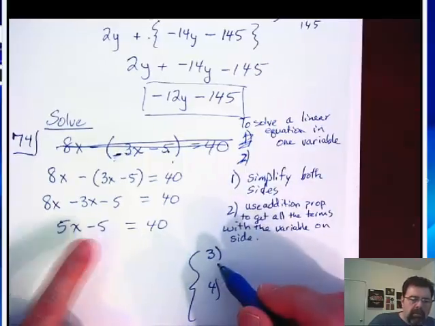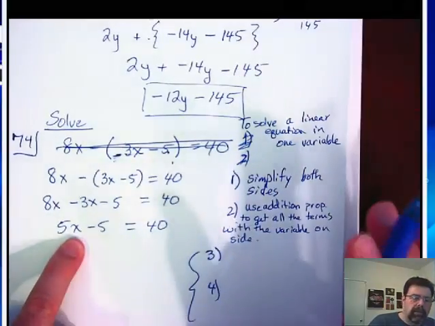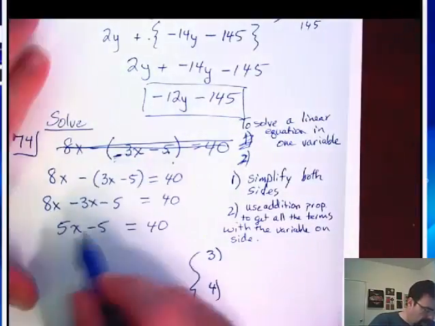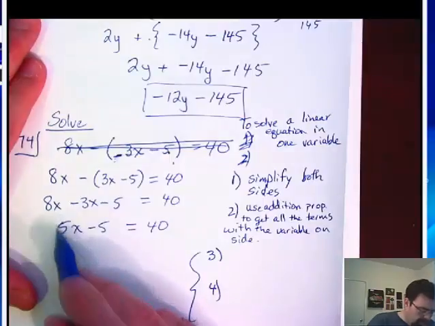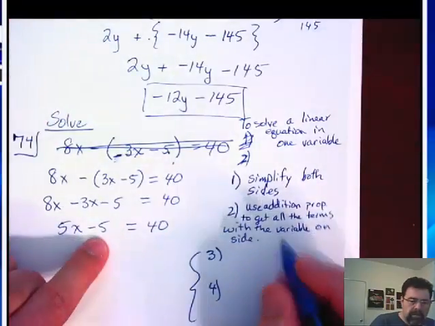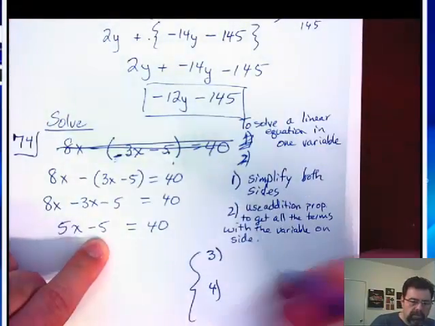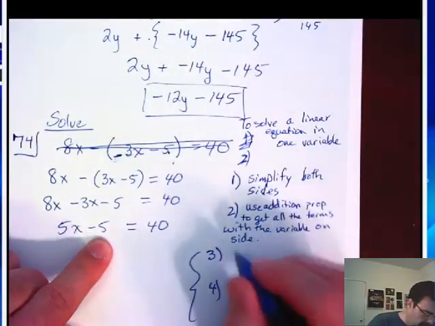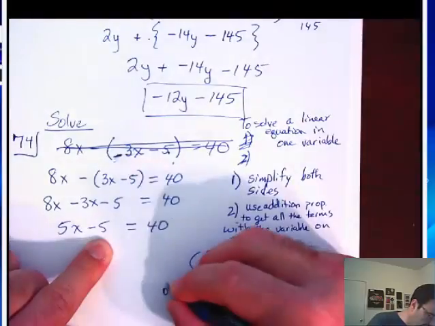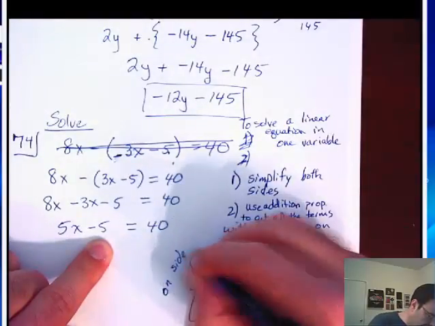Step 3 here, or my goal 3, is I want to get my ultimate goal is to get x by itself. So what I need to do is get rid of this minus 5 and this times 5. So you always do order of operations in reverse when we're solving equations. So I want to get rid of this minus 5 first. So on the side of the variable,